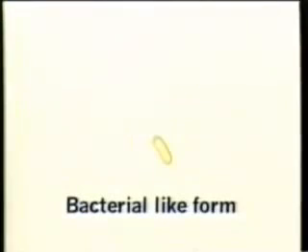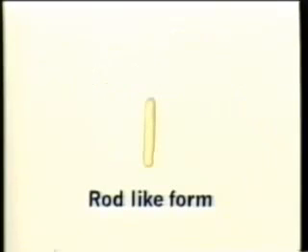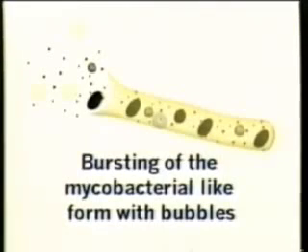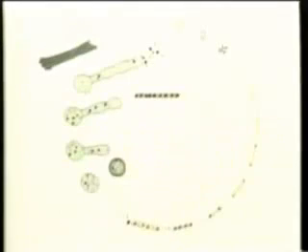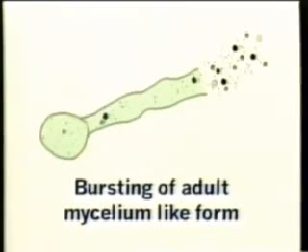This was something that was very revealing to Mr. Naessens, that every time he started the experiment, the forms, as they came, always happened in the same pattern. The bursting of the mycobacterial form. We see here that there's a bursting that brings into the environment new little particles for the first time. Again, at phase 16, at the mycelium form, we see another phase that we call a bursting.